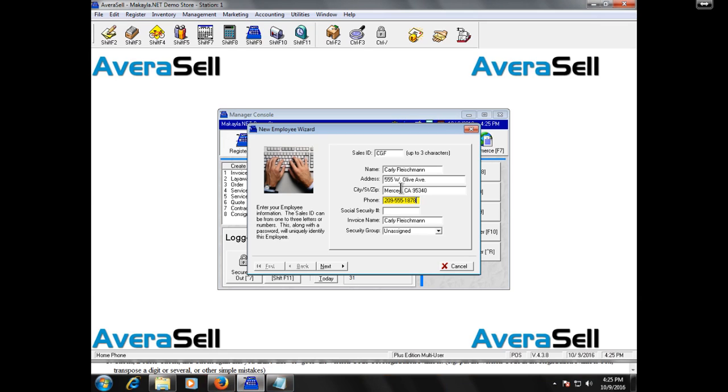It will not print on the receipt, nor will my address. Social security number, you can use any number you want if you don't want to fill it in. And once again, not displayed to the customer, only for internal use. And an invoice name. So let's say I did not want my employees to have their full first and last name displayed on the invoice. I can give them an employee number. So how about employee number